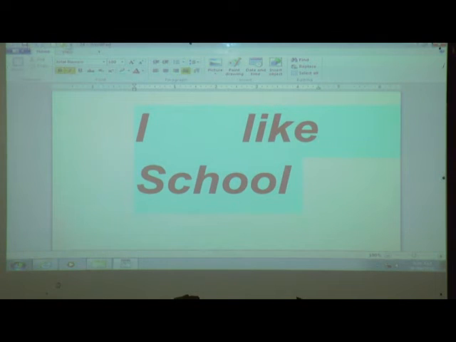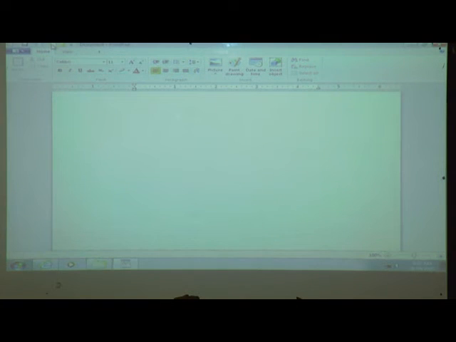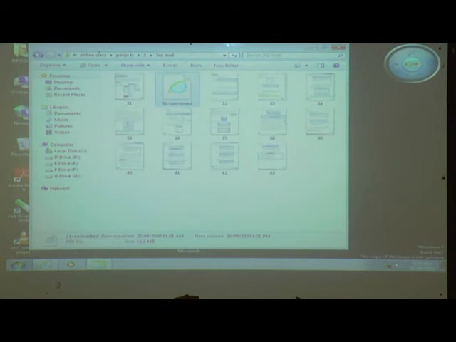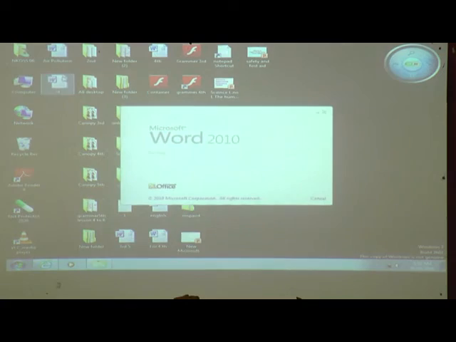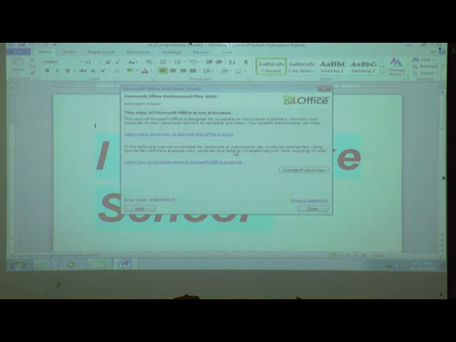Suppose we want a new file, then we click here and we get a new file. You can see here it is a new document. What name did we give? We gave 24. Now a new document is displayed. Where is our 24? It is on the desktop. Got it?